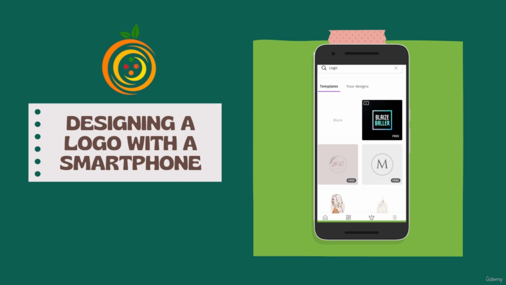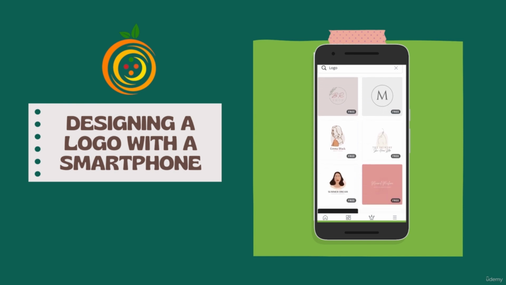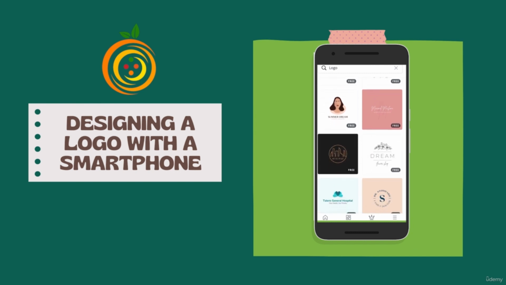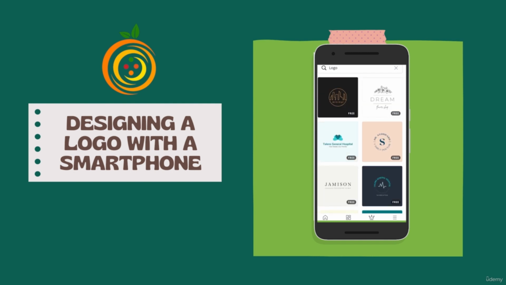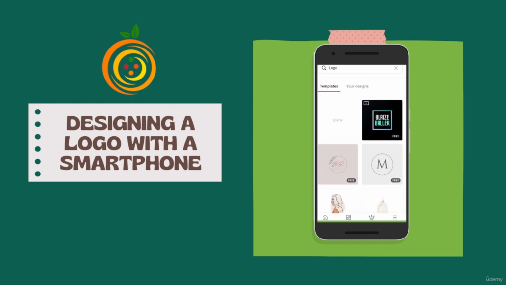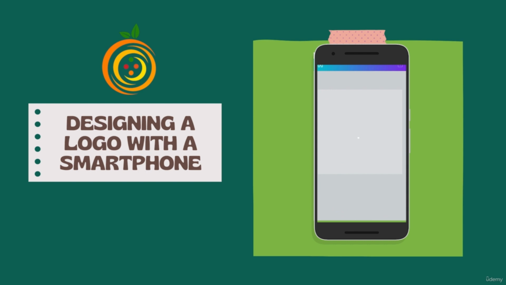So I click on the logo, and you can see I can start designing a logo from a blank template, or I can choose from several templates given to me here. I choose a template and I edit that template. So we are going to start by using a blank template because we already have an idea of the kind of logo that we want to design. So I click on blank,